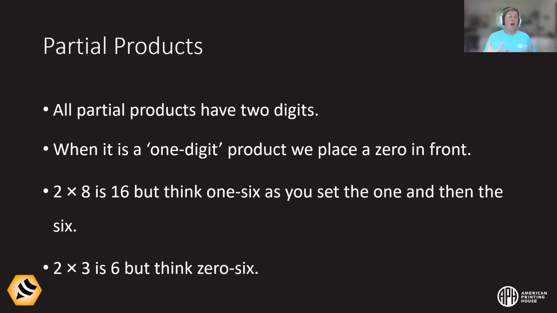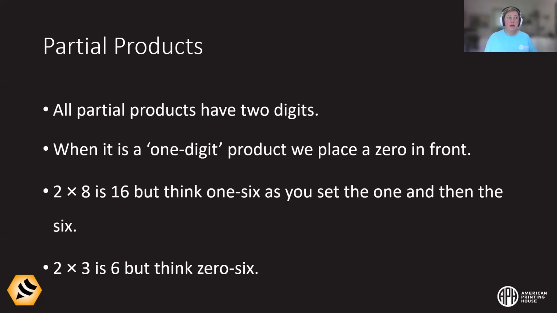There's something called a partial product. This is when we're going to multiple digits. But I need your help in understanding that with just the simplest math. And I talked about this previously in addition and subtraction if they were practicing their multiplication or multiples of a number. When multiplying a number, think in terms of a 2-digit answer, a 2-digit product. For example, 2 times 8, we might say 16. But think in your head as 1, 6, because you're going to set the 1 and then you're going to set the 6. Think of it in 2